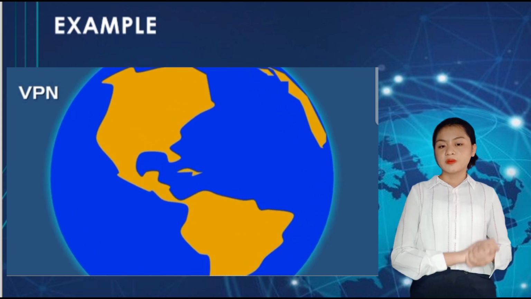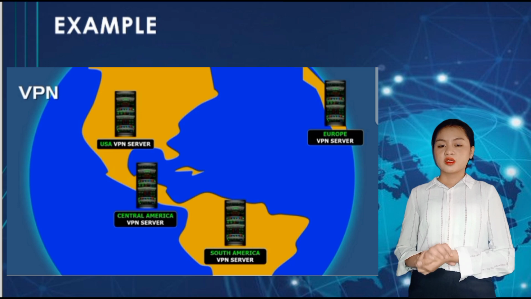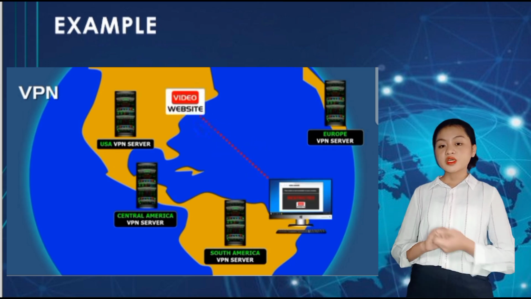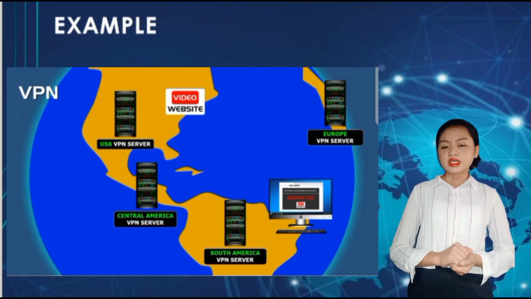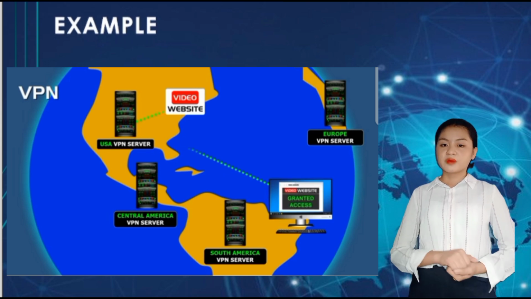For example, if you're in the Philippines and you want to watch content from the USA that is restricted, you're going to use a VPN to hide your information. So, after you use a VPN, it creates an IP address that hides your information anonymously, then you can watch the content from the USA.